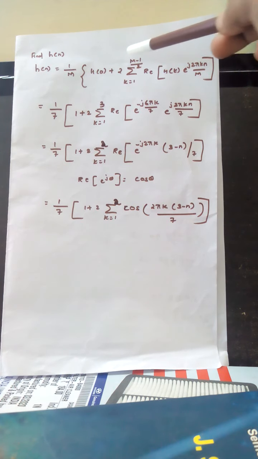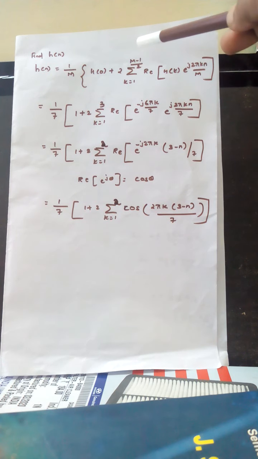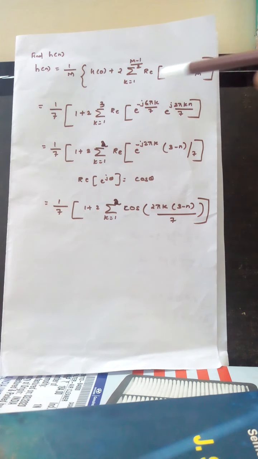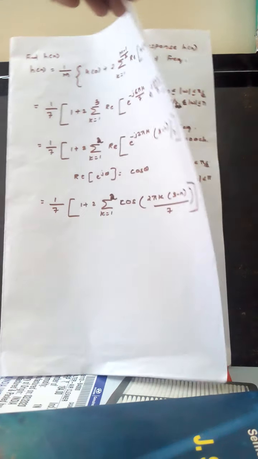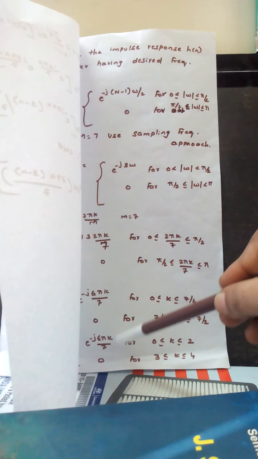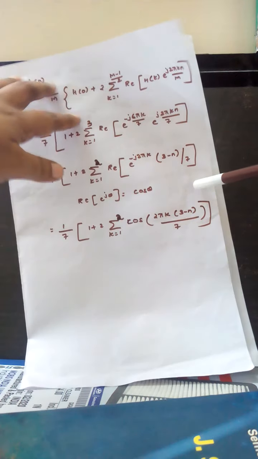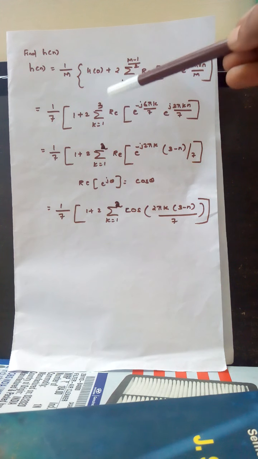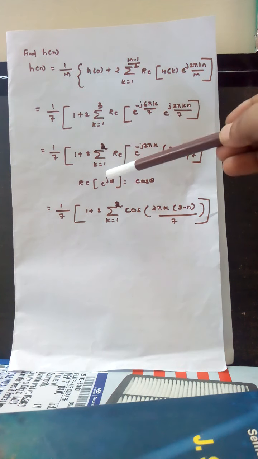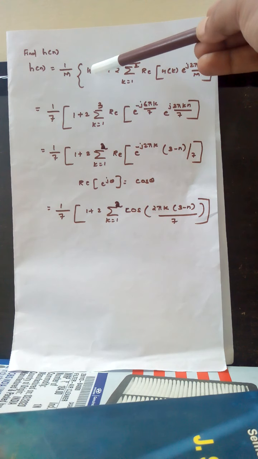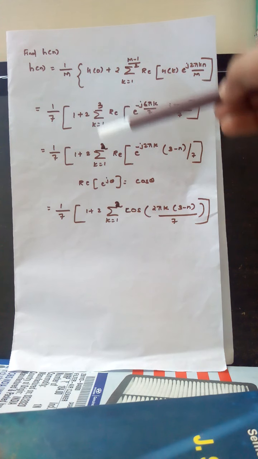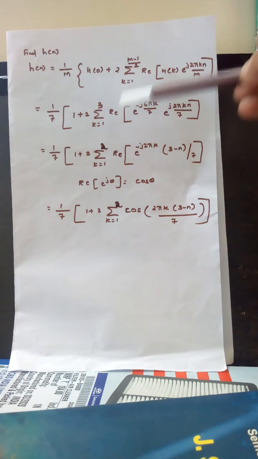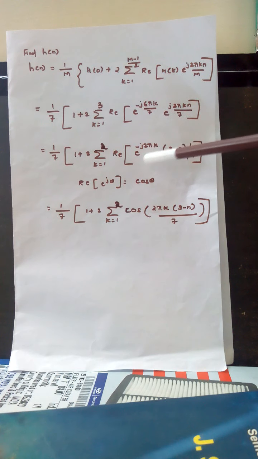So in this, if you substitute the M value as (7 minus 1) by 2, it is 6 by 2, it is 3. So your H of k values, if you see here, the k value varies from 0 to 2. We have e to the power of minus j 6 pi k by 7, correct? So instead of 3, we are substituting here the limit from 1 to 2, where H of k is e to the power of minus j 6 pi k by 7.